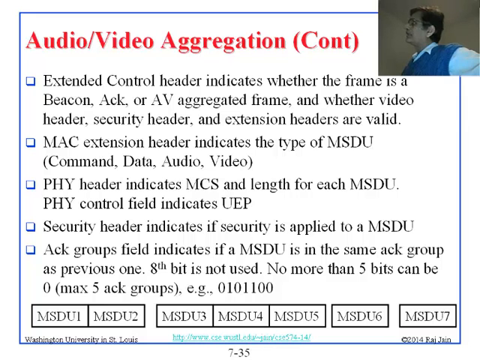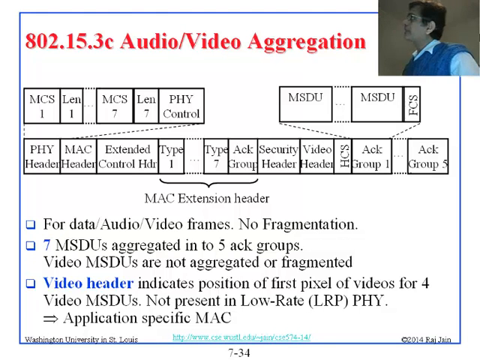So the security header indicates security is applied, and the AG group field indicates if an MSDU is in the same AG group. Oh, actually this is not even an acknowledgement bit. It is just indicating how to deaggregate these things. So the AG group is 7 bits long, so basically 8 bits long, but the last bit is not used. So what is AG group? This thing here